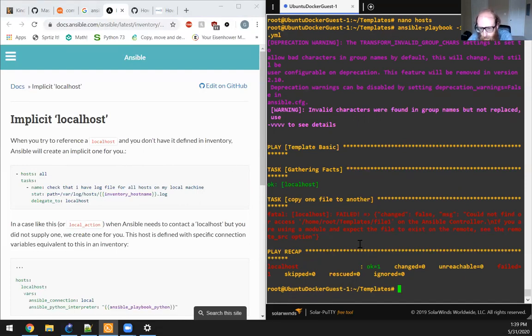It looks like we did get an error message here. So failed, could not find or access on the Ansible controller. If you are using a okay, so it's just because the